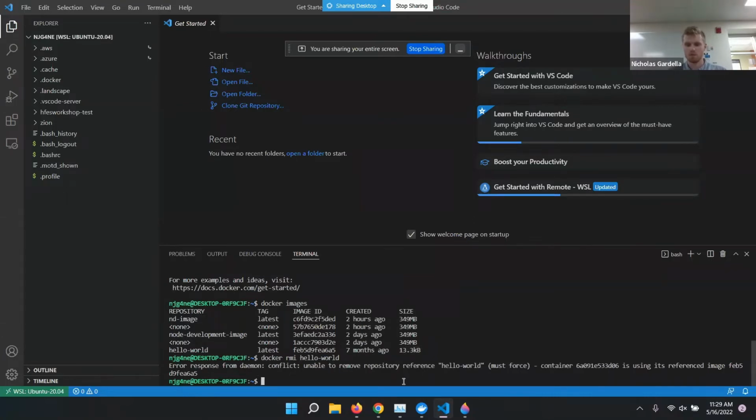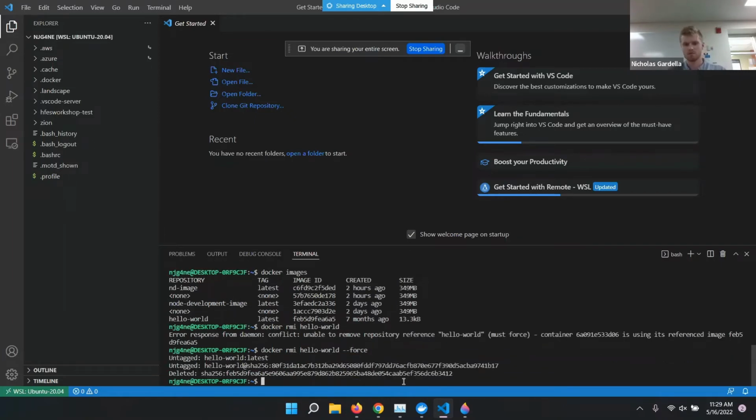Oh, and yeah, apparently we have to do dash force, because some other image was referencing it. And now another thing you can do to clean up, if you care, again, you don't have to do any